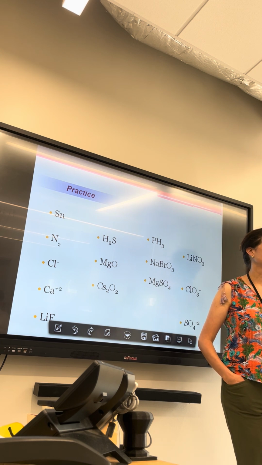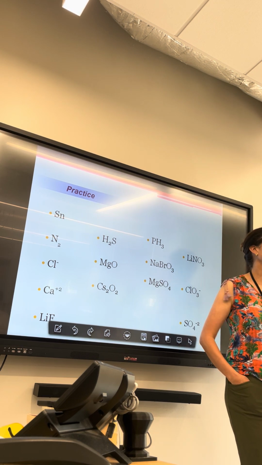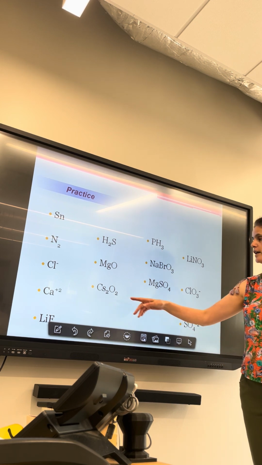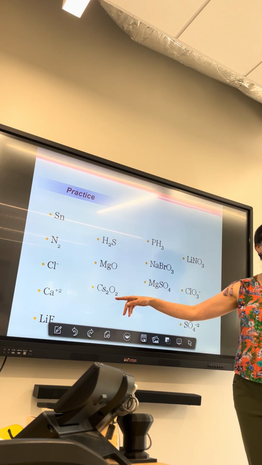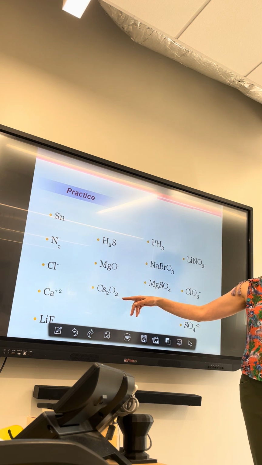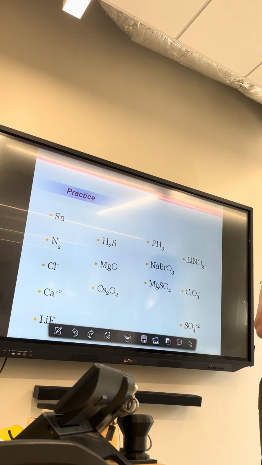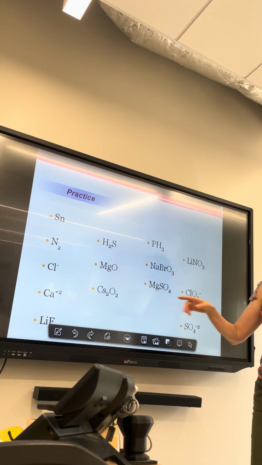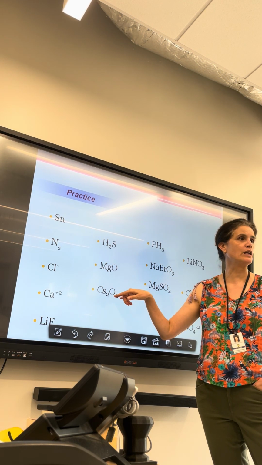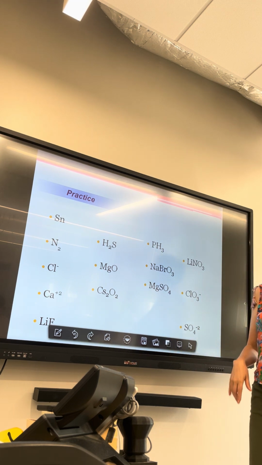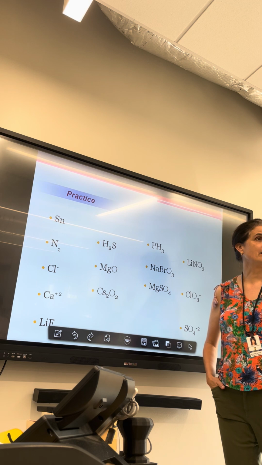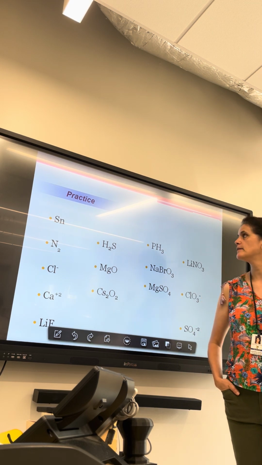Would it just be +2? Yeah, that's an easy one because that's nothing special. That one actually follows all the rules. Now, what about this one, Harrison? Cesium's +1, oxygen's -1. Yep. Because it's in a 1-to-1 or 2-to-2 ratio with an alkali metal. And alkali metals will never be anything other than a +1, right?